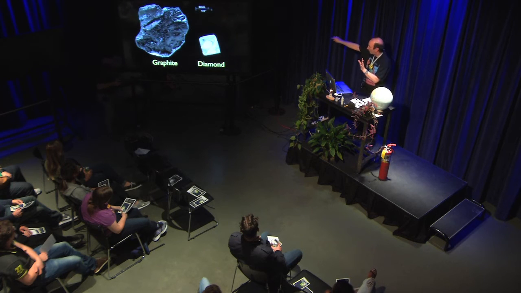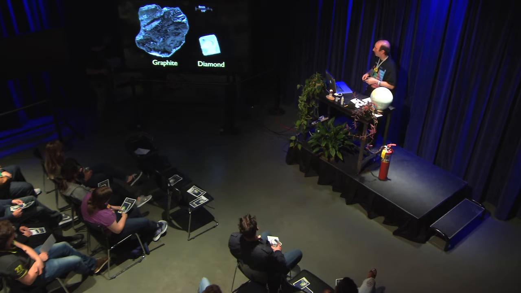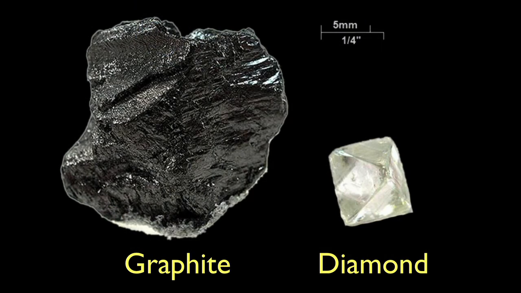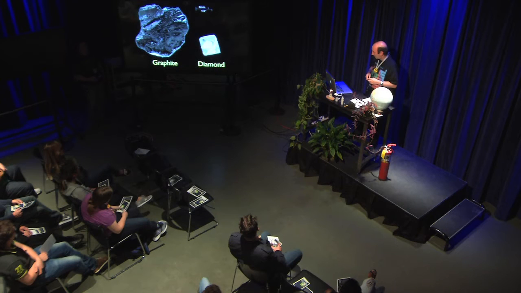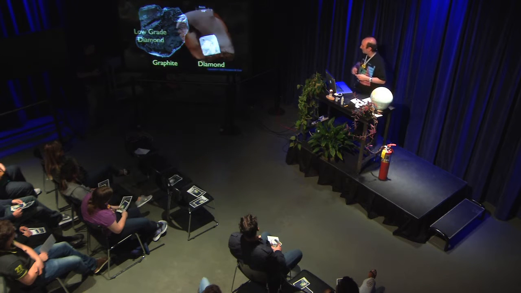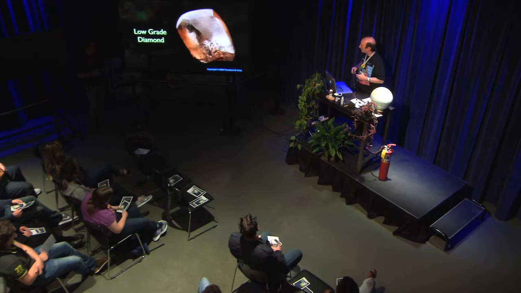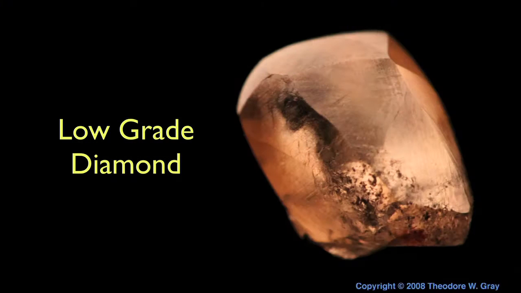So we have these two forms. Again, we talked about the allotropes, graphite and diamond. This is what a diamond looks like if it's in the rough before it's been faceted and polished. It has kind of an octahedral structure, 8 faces, all triangles, one of the platonic solids. A low-grade diamond would look something like this, colored. These chocolatey colored ones have become more popular lately.